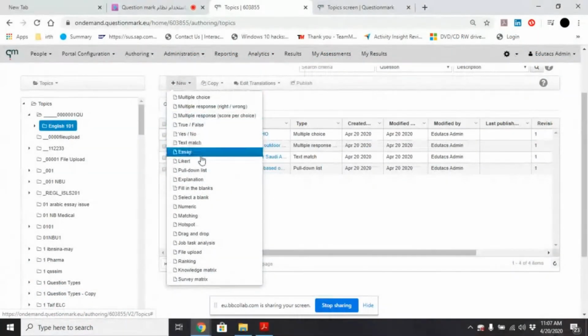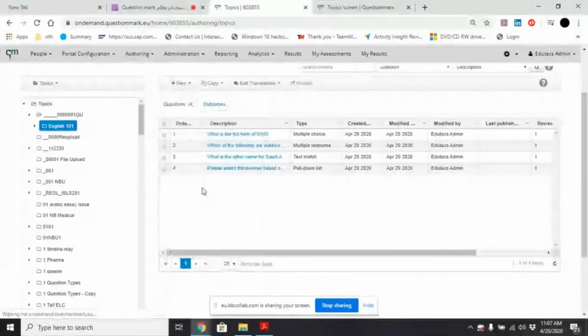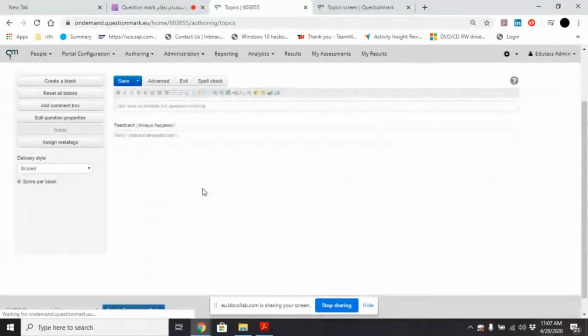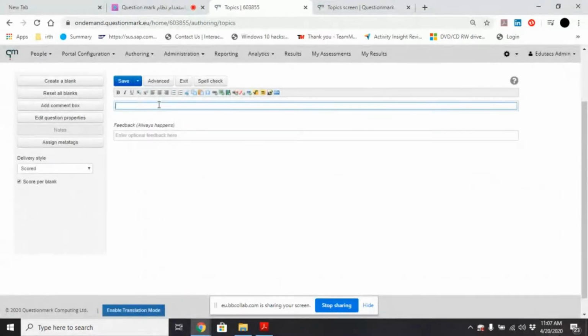Coming back to, we have done this one. Coming to fill in the blanks. There is the format called fill in the blanks, so you can have one or more than one blanks here. So you can say, for example, that